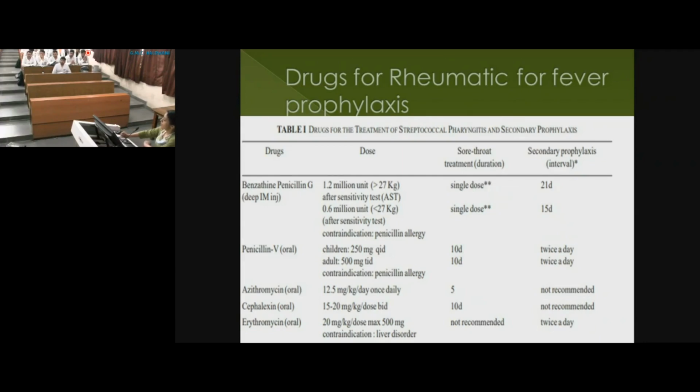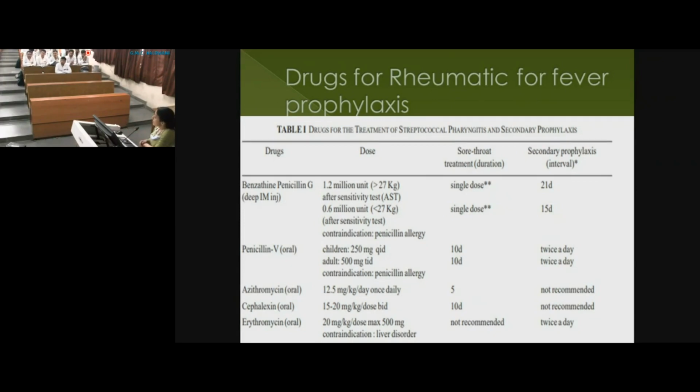Then again, sometimes this is very painful. The powder is so thick, it tends to clog and it's so painful. Usually we call the children on Friday or Saturday so that by the time they go to school on Monday, they are able to walk. So it's a painful injection. Sometimes you find that the child will start howling and crying. He's not ready to come to the hospital. But this is the most effective thing.